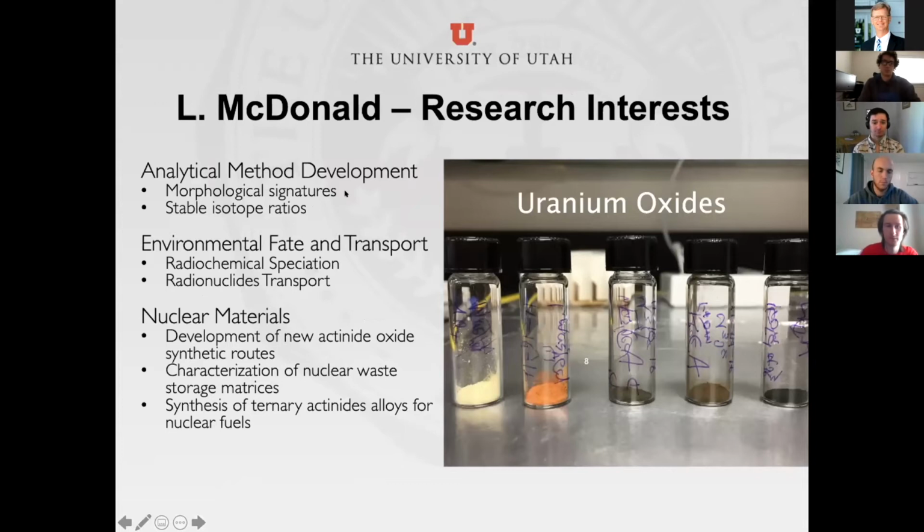So this is where we develop morphological signatures as well as stable isotope ratio signatures. We look a little bit at environmental fate and transport. This is looking at, say, how does uranium or plutonium behave in the subsurface and migrate from something like a long-term waste repository. And then both of these tie into new material synthesis, such as making new uranium-based materials that